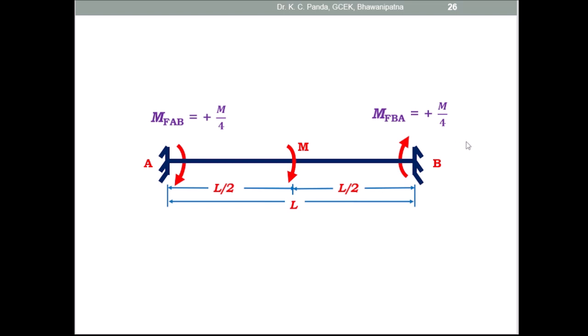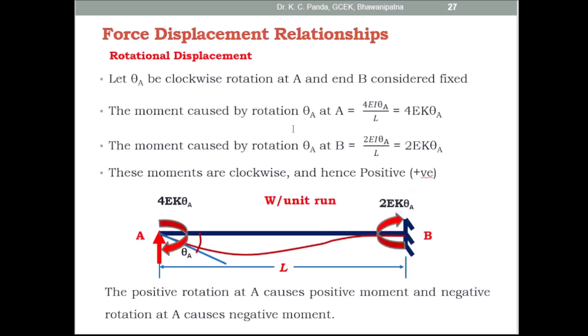So these are the different fixed end moments for different loading conditions. Then what is the force and displacement relationship? Already I explained here. So due to the rotational displacement, let theta A be clockwise rotation at A